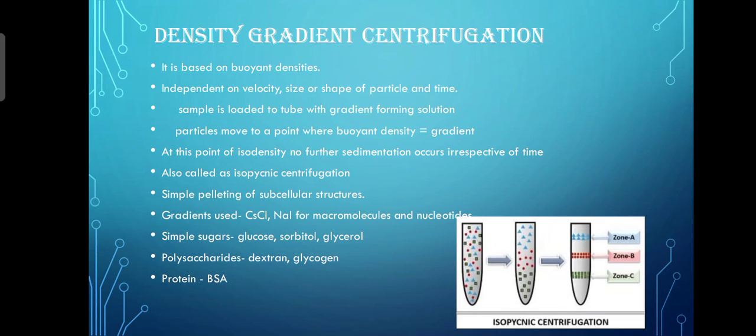The second type of density gradient centrifugation is isopycnic centrifugation. Isopycnic separation is also called equilibrium separation. The solution contains a greater range of densities. The density gradient contains the whole range of densities of the particles in the sample. Each particle will sediment to the position in the centrifuge tube at which the gradient density is equal to its